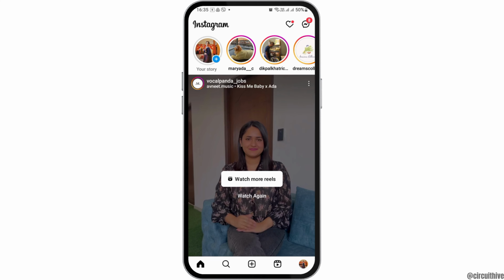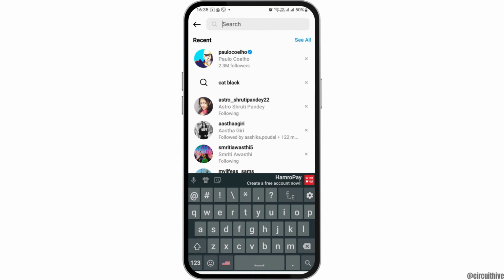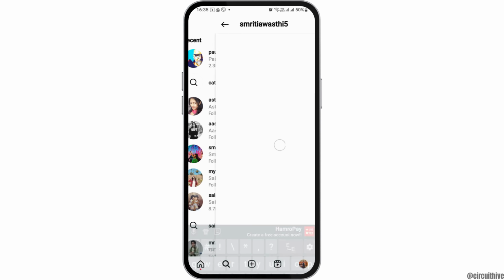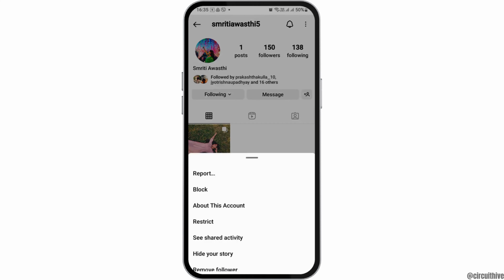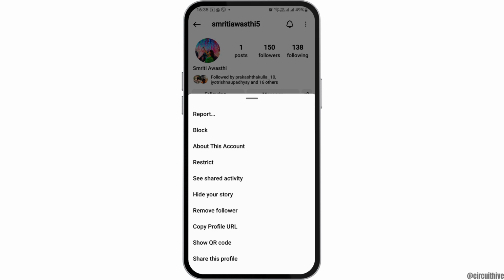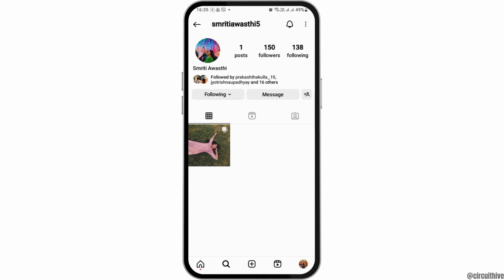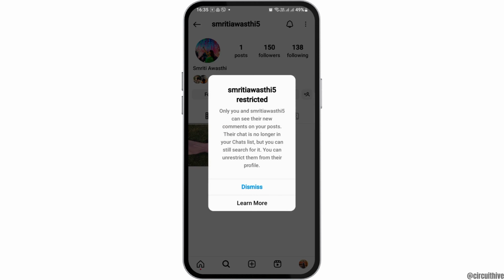So for that, you can go to the search icon on your mobile device, and in the search icon you can search the friend from which you would like to hide or which you would like to restrict. So you can tap on your friend like this, and after you tap on your friend like this, now you can see the three dots on the top. You have to tap on the three dots and you can see the option of restrict. Now you have to tap on the option of restrict, and when you tap on the option of restrict, the person will be restricted and the person won't know about your